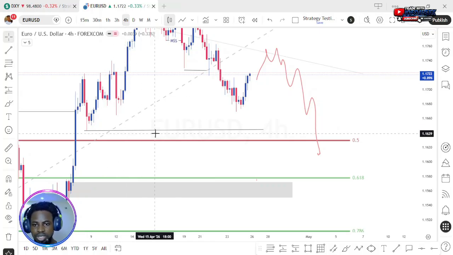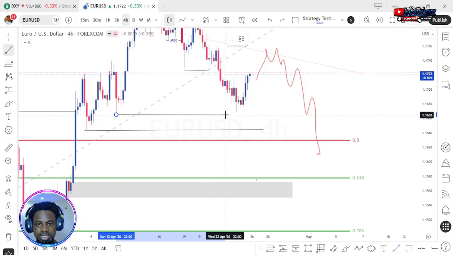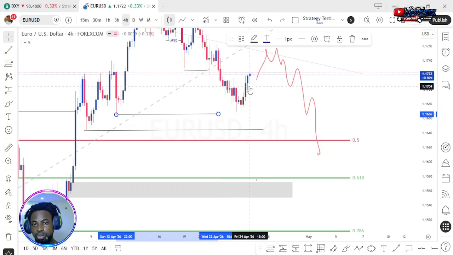There's no valid point here. You can actually see, even looking at the structure of this market, this is liquidity, and this is never taken. So price is only trading above it. So looking at this pull up we had here,